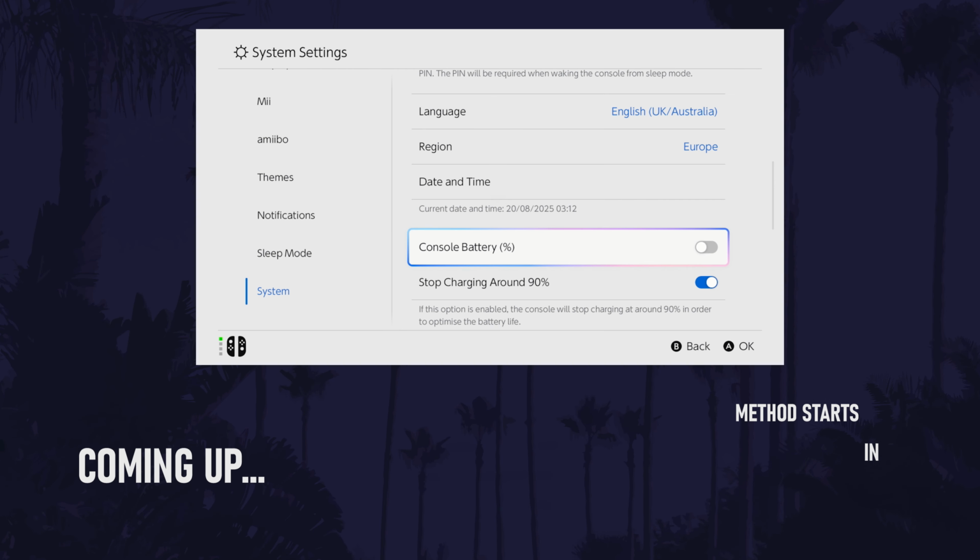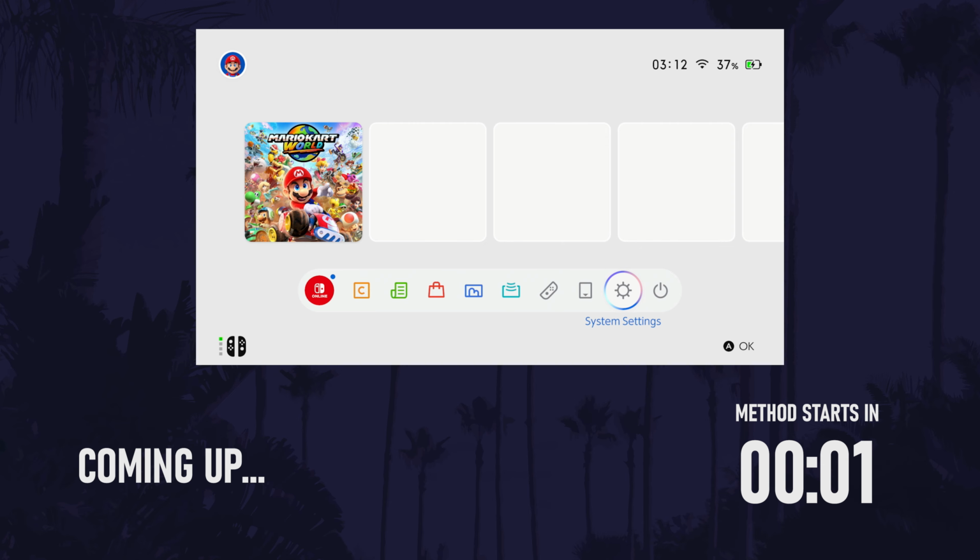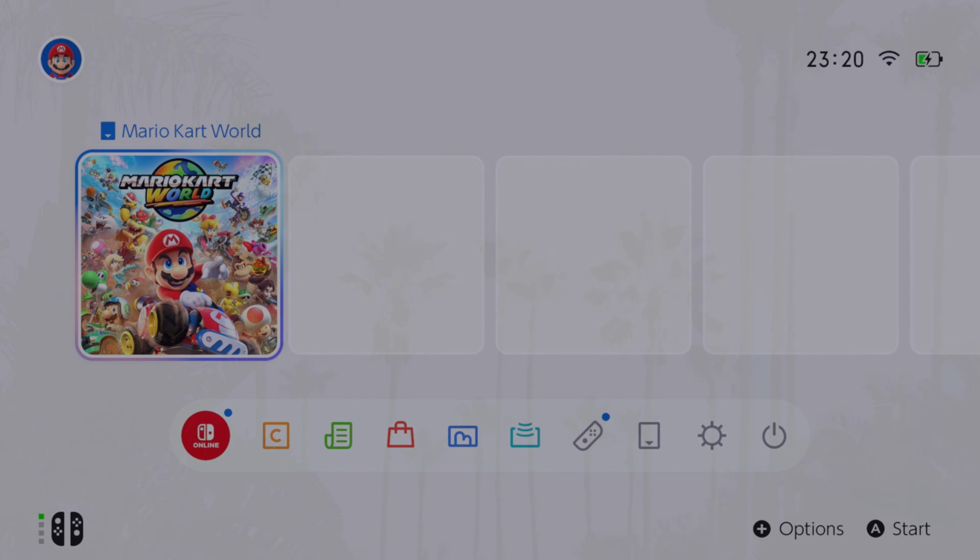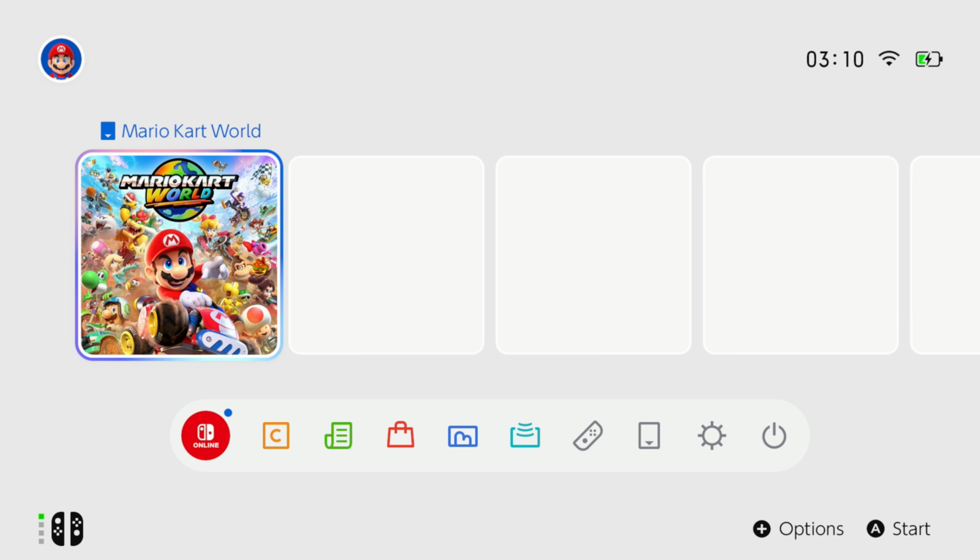In today's video, I'll show you how to show the battery percentage on your Nintendo Switch 2. Let's get into the method. You can tap on the battery icon in the top right of the home screen to show it temporarily, but